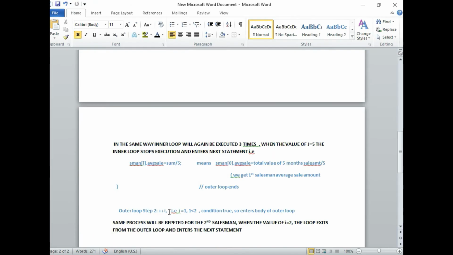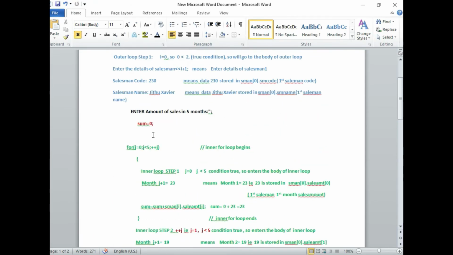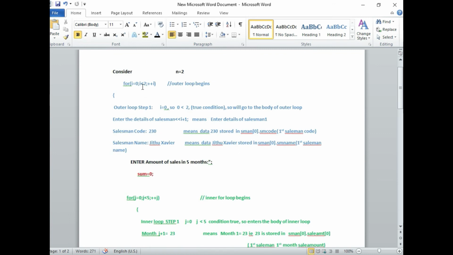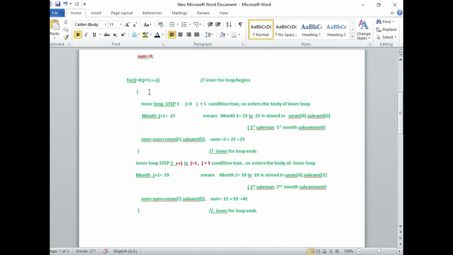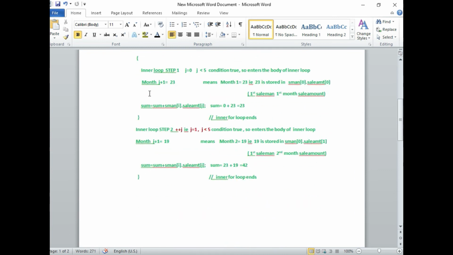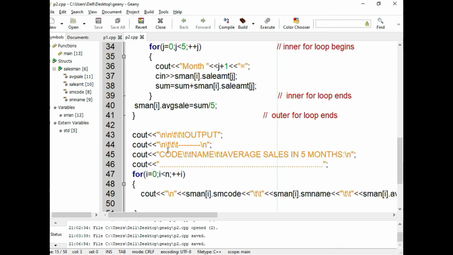So it goes to the next statement after the outer loop ending, that is, the line number 43, to print the output values.